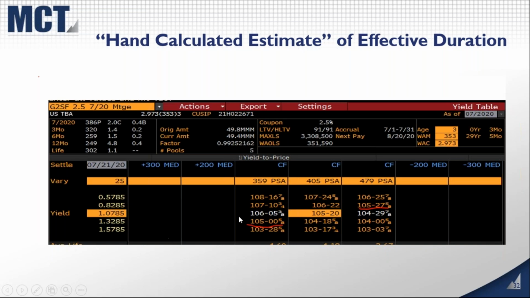So up and down 25 basis points using the speeds for up and down 25, and I've interpolated these speeds. Basically, the base speed price is 105.20. In this case, using these speeds, and I think this was one of the slower ones, the price, looking across this diagonal, is 105 and about 105.28 in the down 25 basis point scenario.